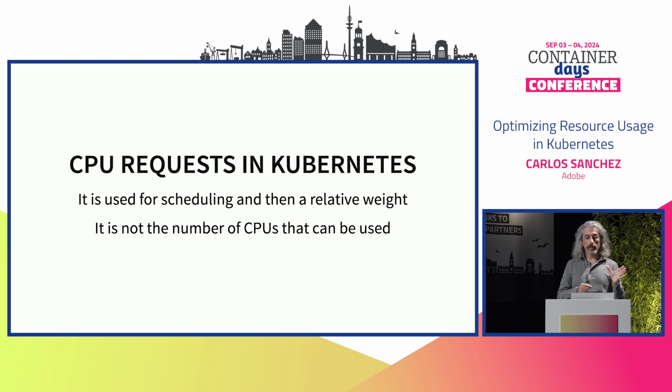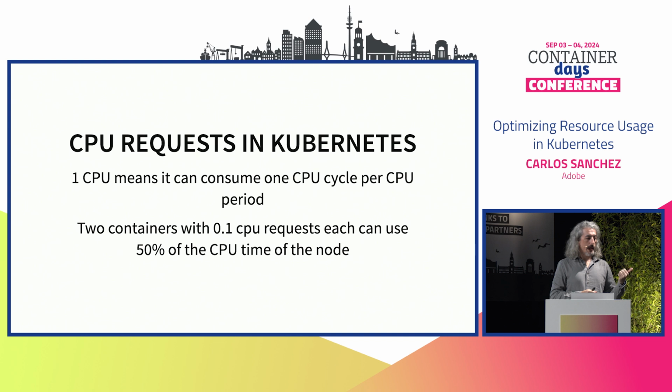So CPU requests are used for scheduling, but it's also interesting that they're also used as a relative weight. It's not really the number of CPUs that can be used, it's a weight between the different processes once your container or your pod is scheduled. When you say, I want this container to use one CPU as a request, it means that